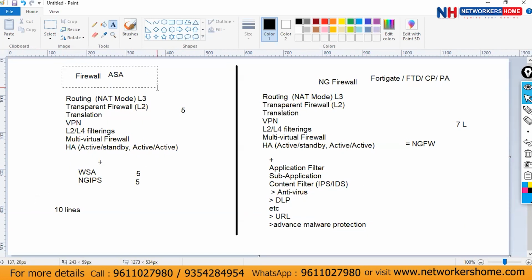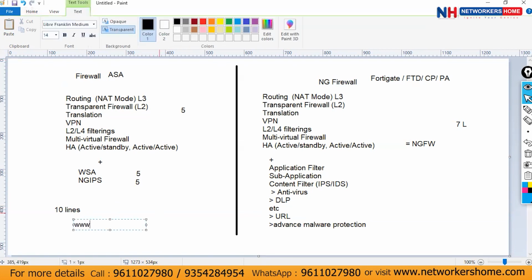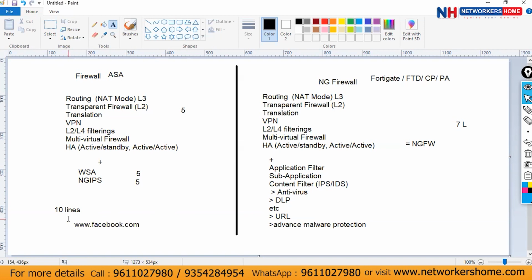In ASA firewall, if I want to filter, for example, www.facebook.com, it could be possible to filter facebook.com. I could be able to filter the Facebook URL. Okay. But if you are told to filter,